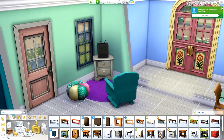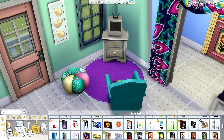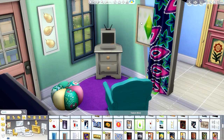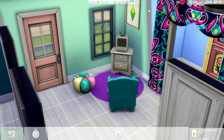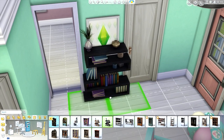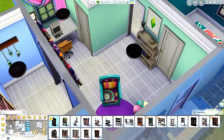We grabbed the end table, and I know a lot of this stuff doesn't match, but it kind of is in that same genre of bohemian vintage. So I really do love the end table that we used there because it has this really rustic and used vibe. I found this plumbob painting and I'm pretty sure it came with the new update, and legitimately